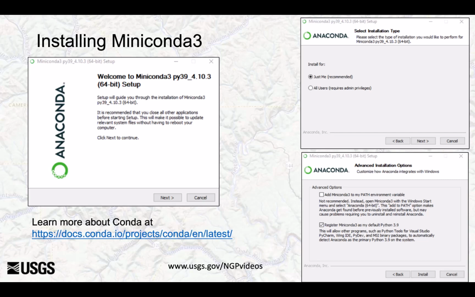Conda is an open source package for environment and package management created for Python programs. It assists with package installation and environment creation to run various versions of Python or software for any language. To learn more about Conda, go to